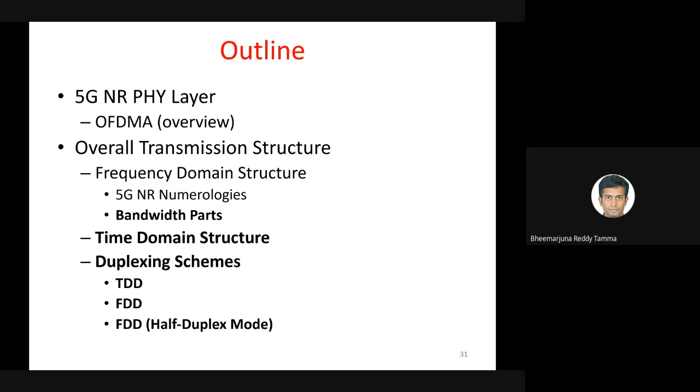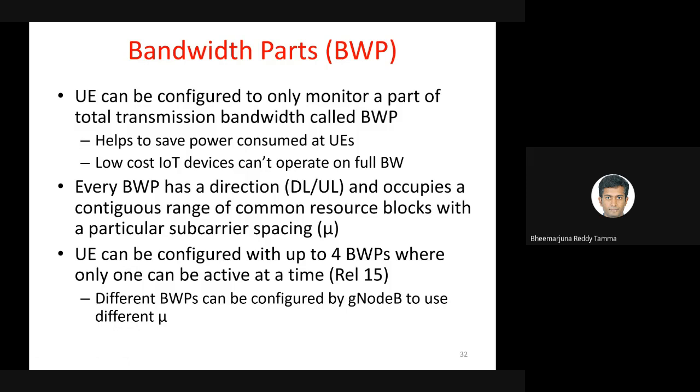This is the outline. Okay, so I think you might have seen even in the assignment where we are asking to use one bandwidth part, but in general, yes, one can configure multiple bandwidth parts and whatnot. So things are more complex here compared to LTE. And in 4G, if you have, let's say, a channel bandwidth of 20 megahertz, you expect all the receivers, I mean all the users in the network, to be able to listen to the entire channel of